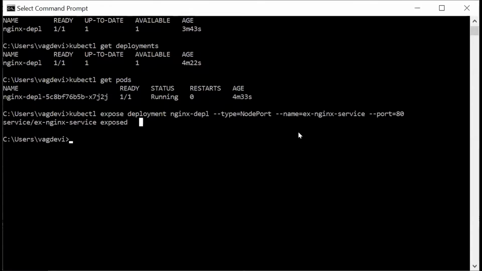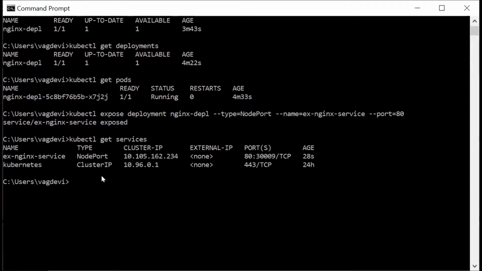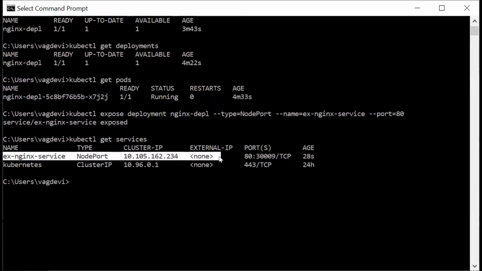Now, similar to getting the list of deployments and pods created so far, we can also get the list of services created using the kubectl get services command. So it shows this particular service is created with type NodePort, cluster IP, which is the IP of the service inside the cluster, and the ports.